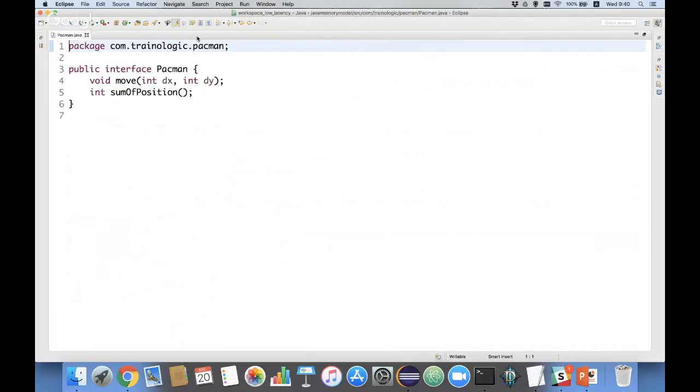We have a Pacman, and a Pacman has two operations. We have move, and we have sum of position. These two operations are actually read and write. Move is writing to the Pacman, and sum of position is reading the sum of x and y. Assume that Pacman has members for x and y, two ints, and we can move it and get the